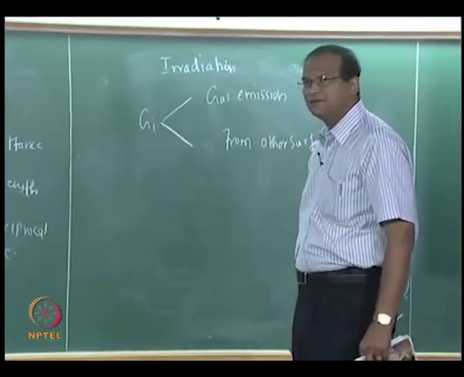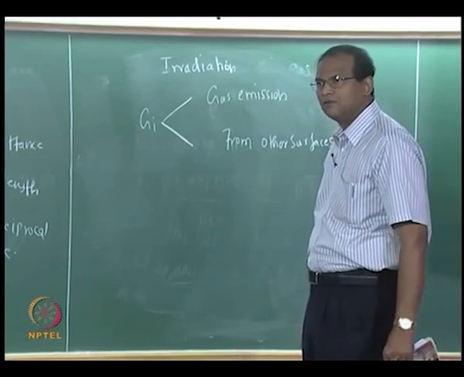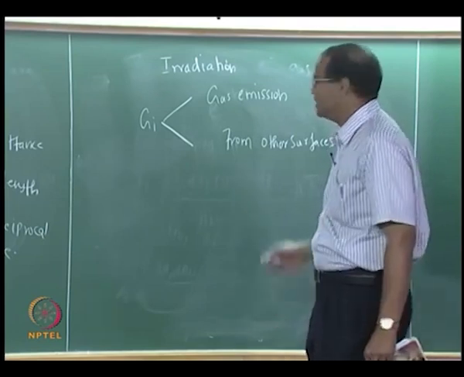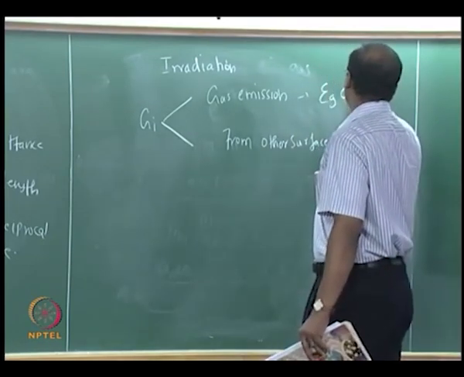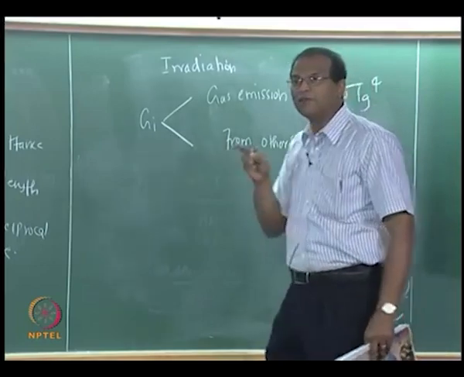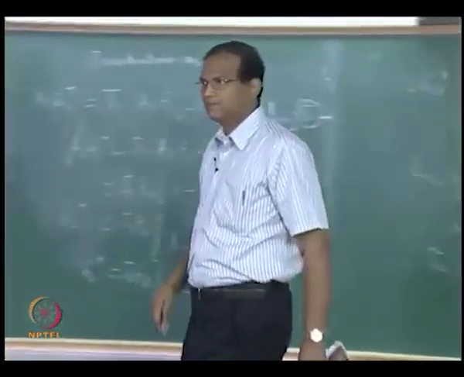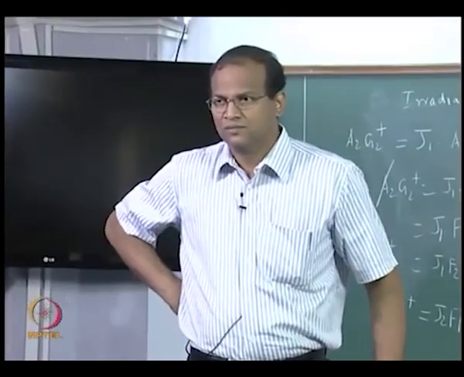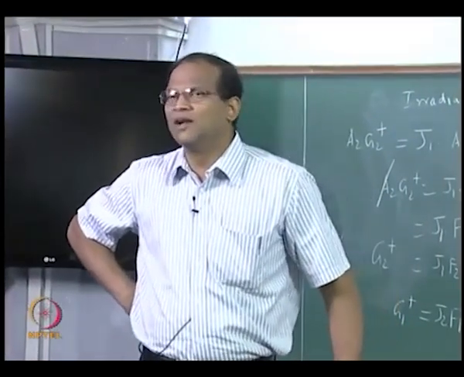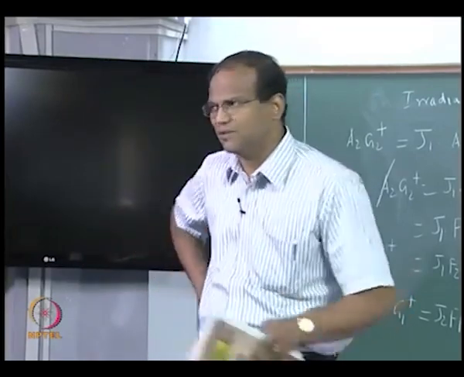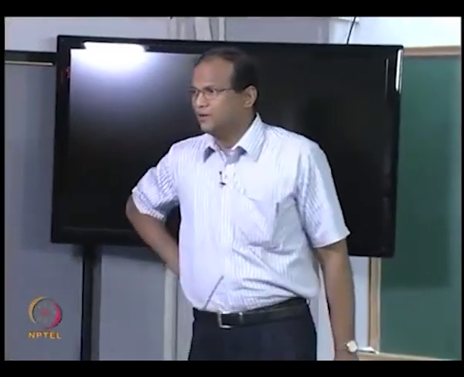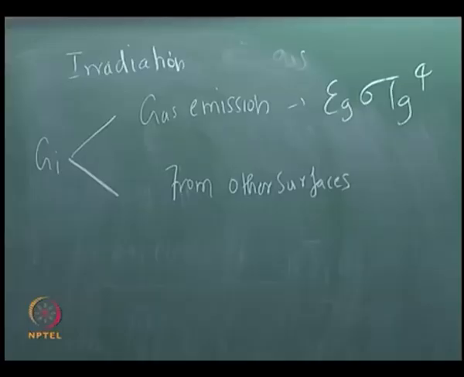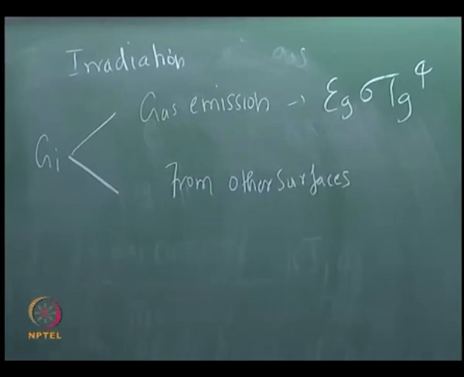What about gas emission? Yeah, what is a gas emission? Sigma Tg to the power of 4 into epsilon g, right. How do you calculate epsilon g? From the mean beam length, correct. The starting point is the mean beam length. In fact, tau will be 1 minus epsilon, and epsilon plus tau is 1, something you will get, right, fine. So now you are able to calculate the gas emission, you are also able to calculate the irradiation from other sources. Therefore,